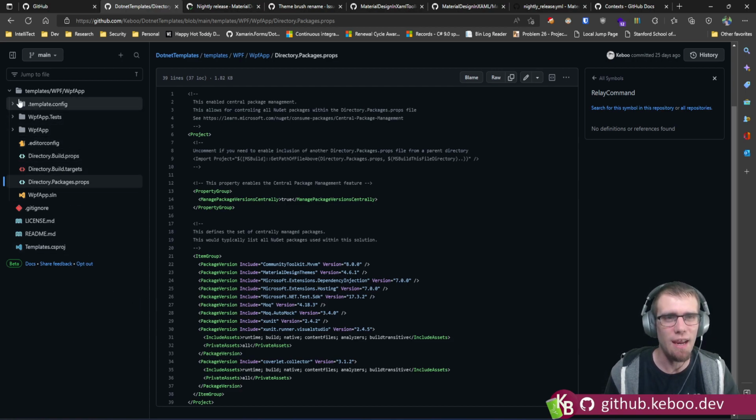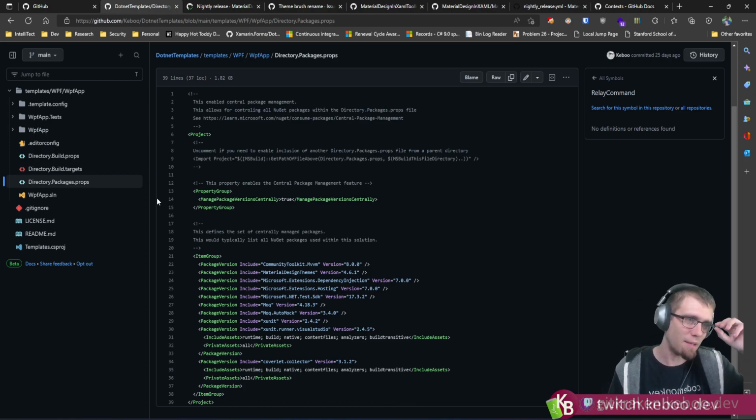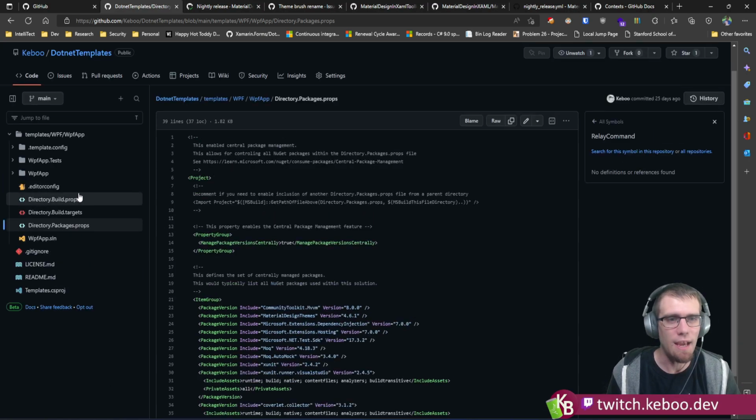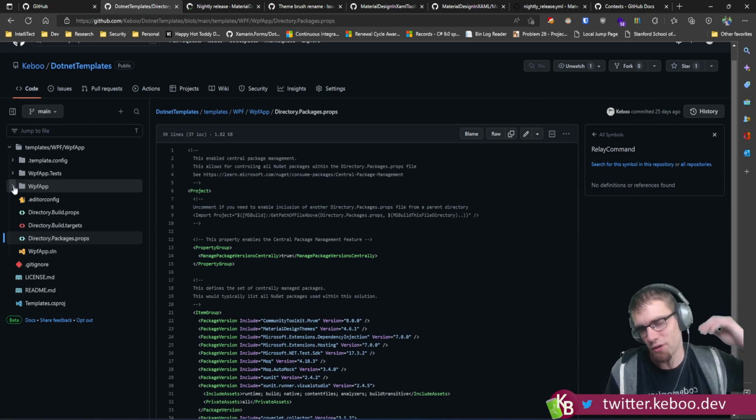I was trying to decide if this thing should also have possibly some templates for what I use for GitHub Actions, but then that means I have to figure out what I actually like, because I think all of my WPF apps have slightly different versions of the same thing, and so I need to consolidate that. So it's something I've been poking at, but if people are interested, like I said, I think I'm going to try to get it to a 1.0 at some point, and then do either a series of videos or a series of blogs or something walking through, because there's